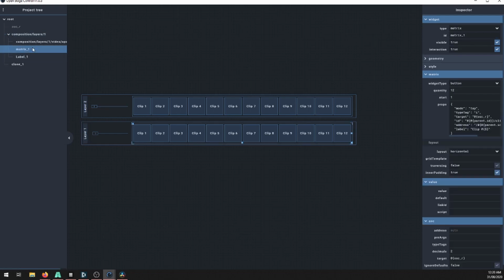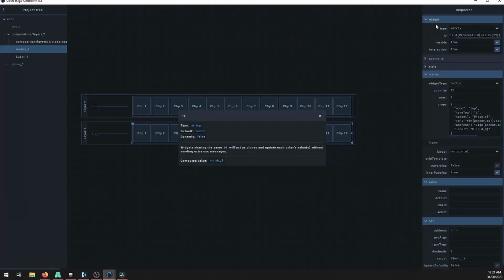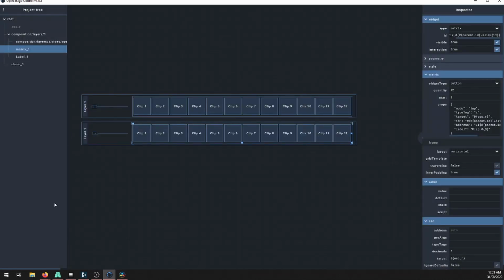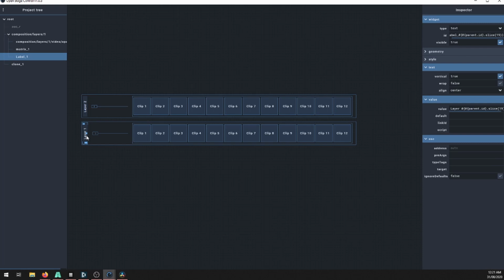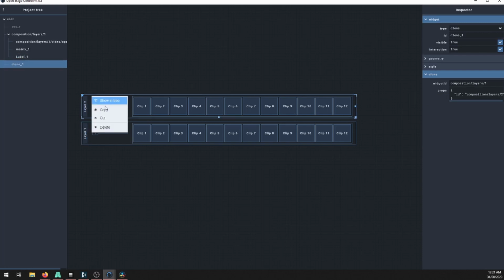Now let's do the same for the matrix, just to make sure the matrix isn't copying any values across. So we'll set this to the matrix and then paste that underneath. And that should still compute to matrix 1. So now we have a layer that will copy across however many times we need. So that we have that, we should be able to copy this whole clone,